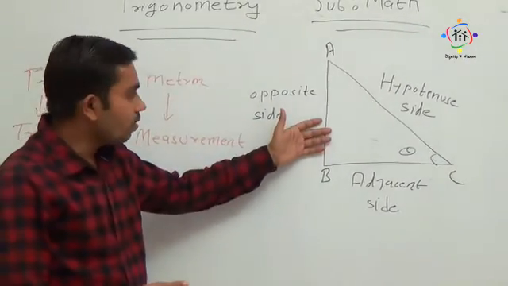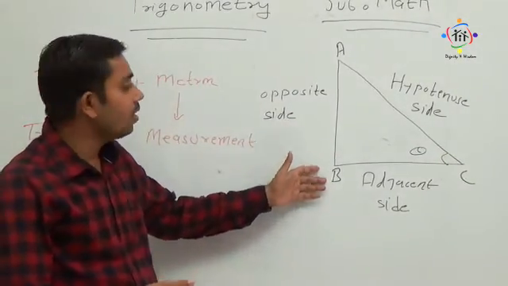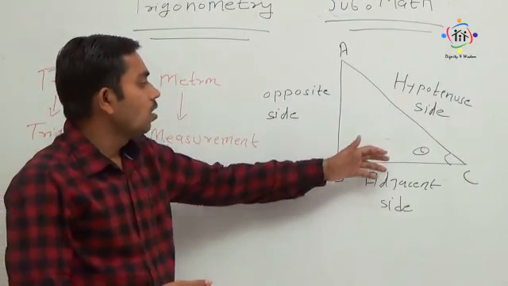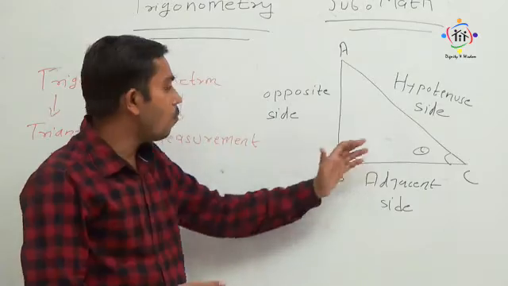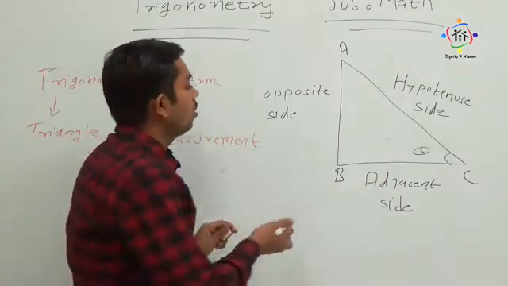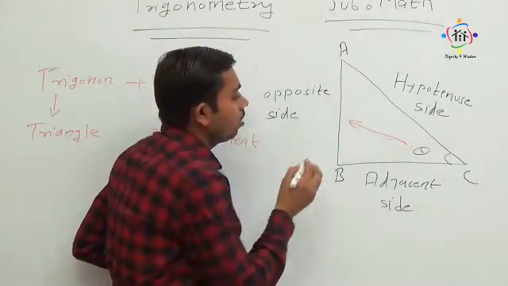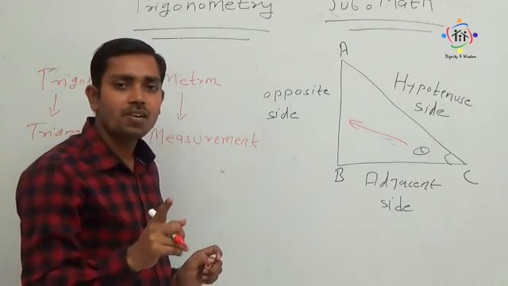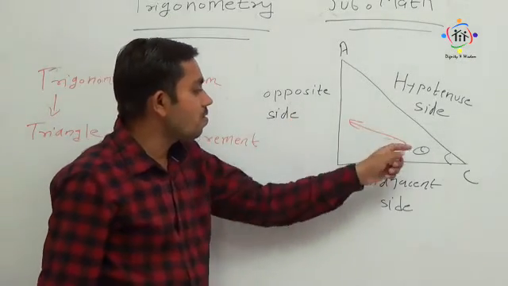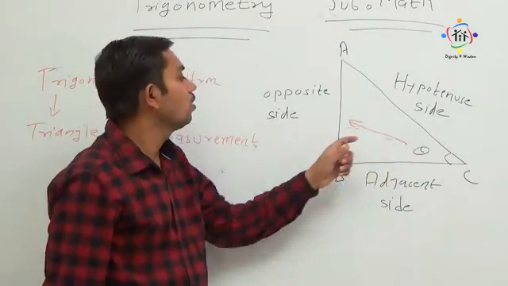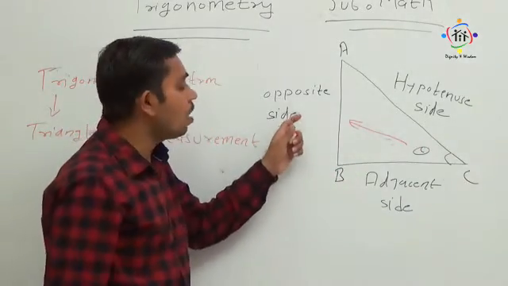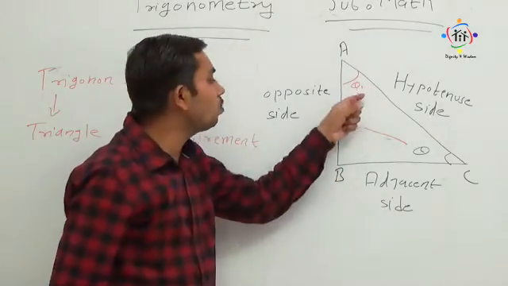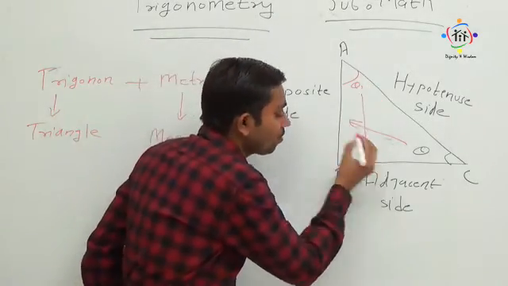Look at the figure here, my dear students. Suppose there is a triangle given, ABC. Right angle triangle ABC is given. Now, with respect to theta, the opposite side always lies just in front of theta. Notice it, my dear students. Whenever we are talking about a right angle triangle, the opposite side is always in front of theta. So this is called the opposite side. When we talk about this theta 1, then corresponding to this there will be a different opposite side.